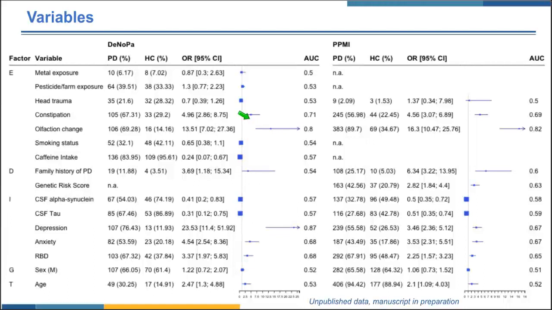So for all the points larger than 1, these variables are associated with higher risk, and if it's lower than 1, it means it is associated with lower risk. I may be a little bit too fast, and if you find something you don't quite understand or follow yet, please feel free to ask a question. I will just re-explain those concepts.